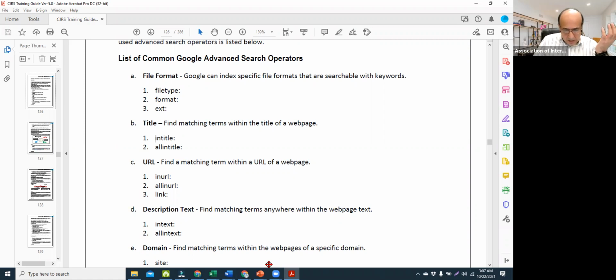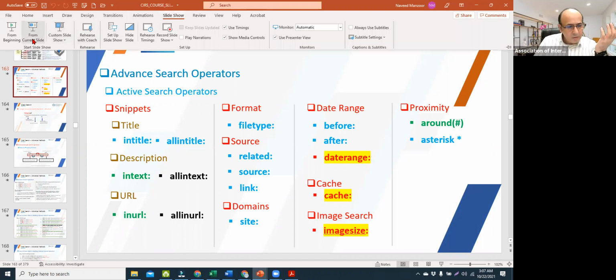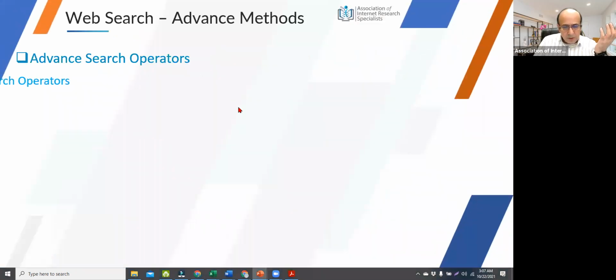Okay, I think better organization is shown here in the slide. So let's just revert back to this. I think that this might give you a better overview. So let's just look at